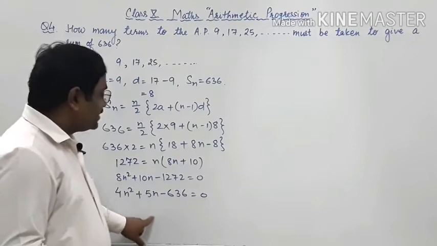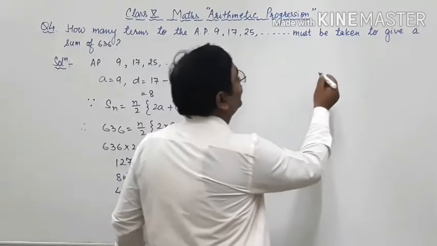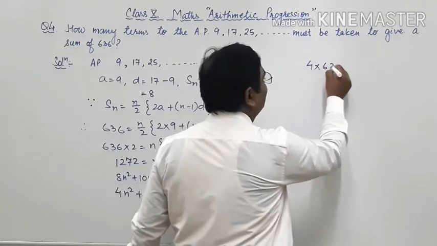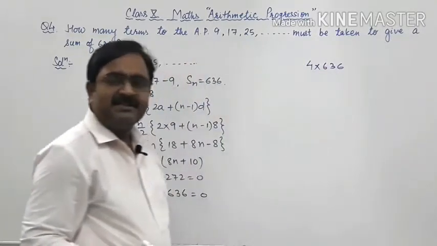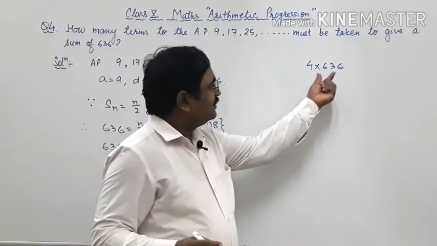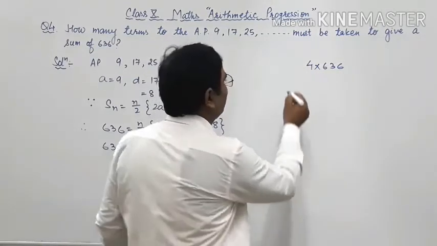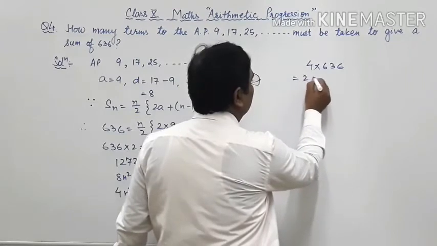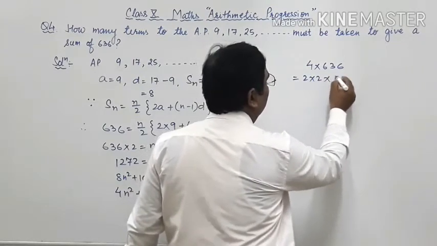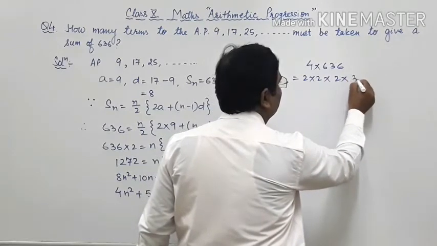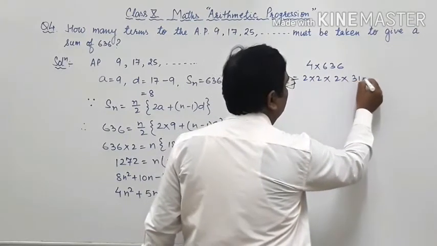To factorize this equation, we have to multiply 4 into 636. Let us take the prime factorization of these two terms. So 4 can be written as 2 twos are 4, into this, you have to divide by 2, 2 into 2 threes are 6, 2 eights are 16,